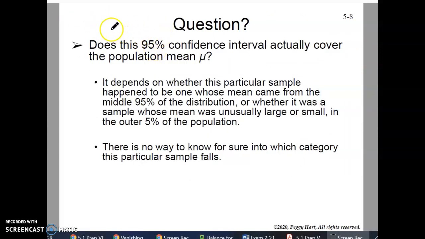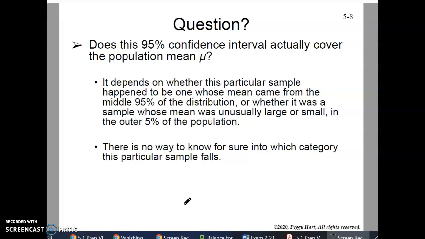Real quickly, does a 95% confidence interval actually cover the population mean mu? Well, it depends on whether this particular sample we had happened to be one whose mean came from the middle 95% of the distribution, or whether it was a sample whose mean was outside, right? So remember, there are means that will fall in the middle, and then there are some that are just weirdos, like if you just accidentally,